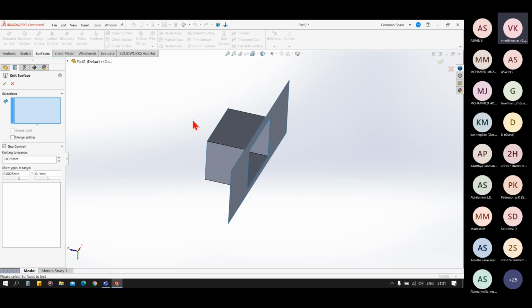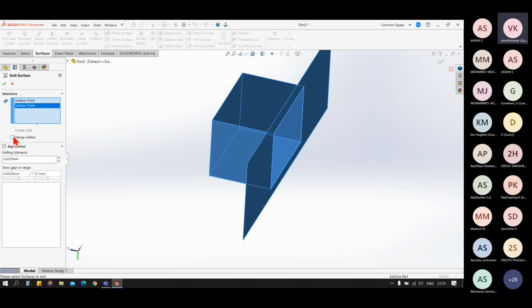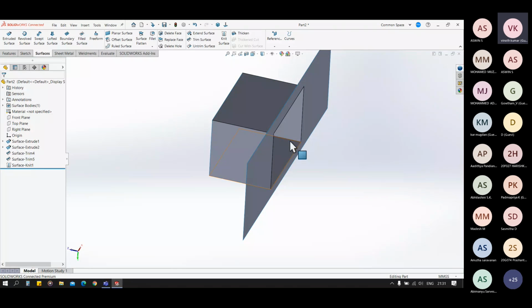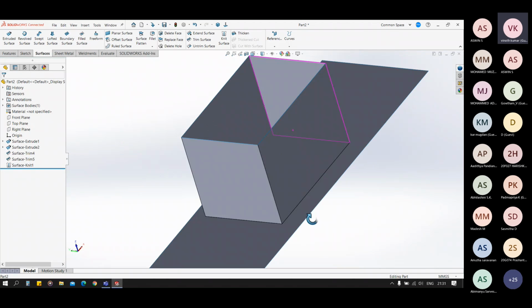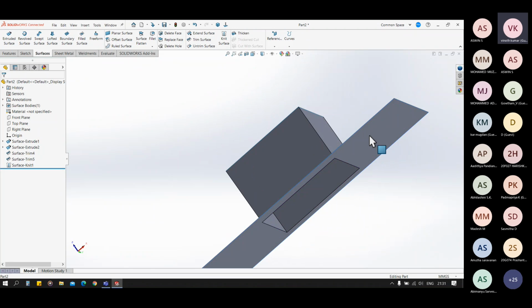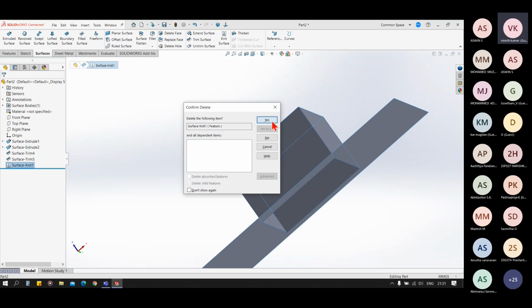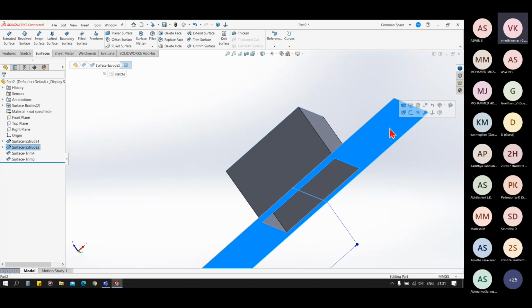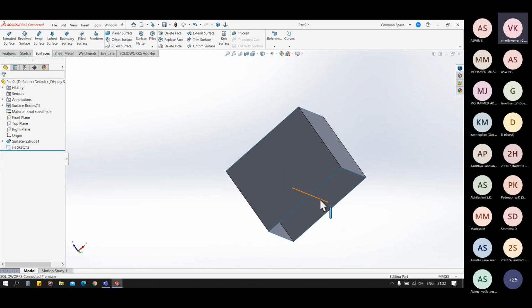So let's see the knitting again. When we click on the knit, we have to select both the surfaces. We can have merge quantities here. Now we have our merge quantities between the two faces. Now let's see the different types of knit here.